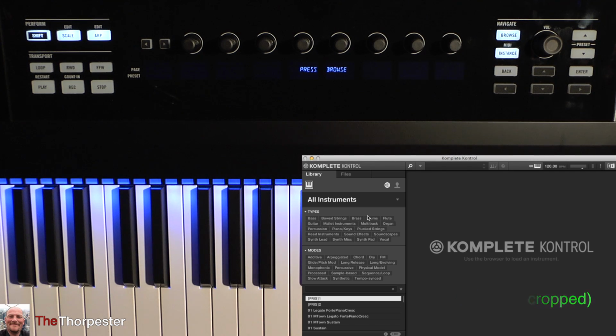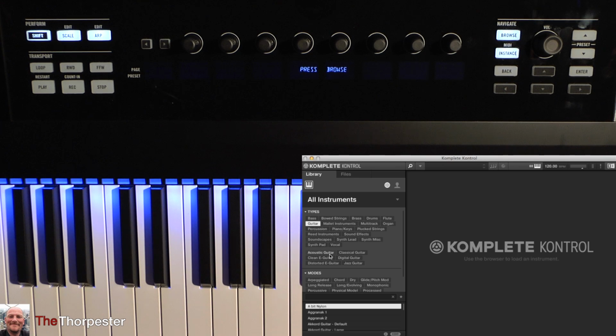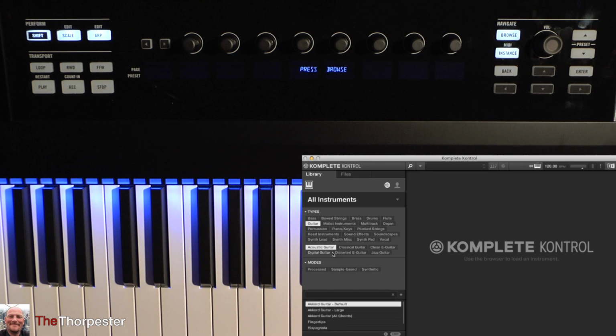Now interestingly enough, and I do like this, Native Instruments have put all the hundreds of thousands of samples that are in here on a tab basis, so you can search by tab. So if we pick, let's say a guitar, down here we've got acoustic, classical, clean, we just say acoustic for now. You've got more modes down here. Can you see your selections down the bottom are changing every time you select a different option there? So if we then go for, I don't know, fingertips, and just double click that,